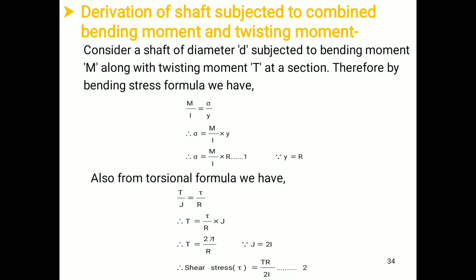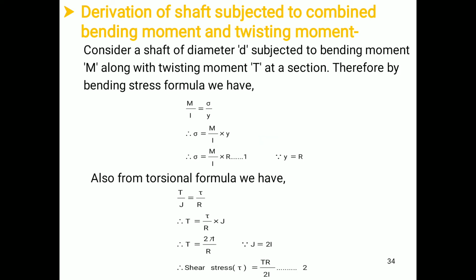Okay, therefore, as y is equal to R, we will have sigma is equal to M upon I into R. So remember that the value of y is capital R, because it is the value of bending stress sigma at any point in the section at a radius of capital R and at a distance of y from the neutral axis. So remember this particular concept. Therefore, the bending stress can be given by M upon I into R. This is the value of bending stress which we have found.